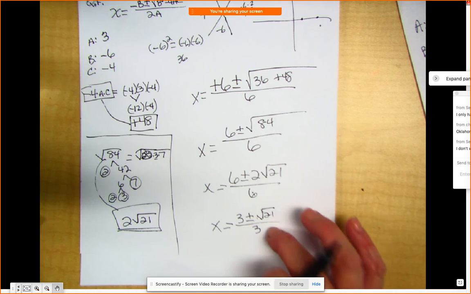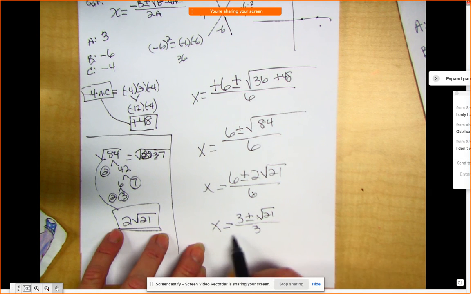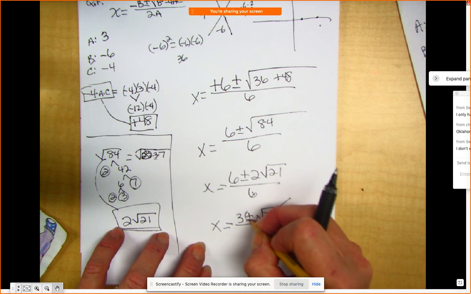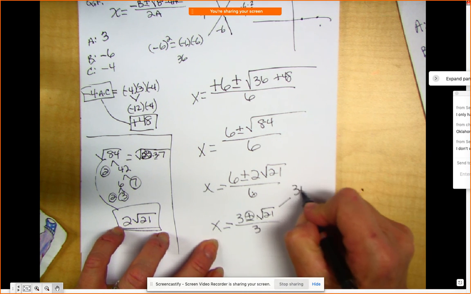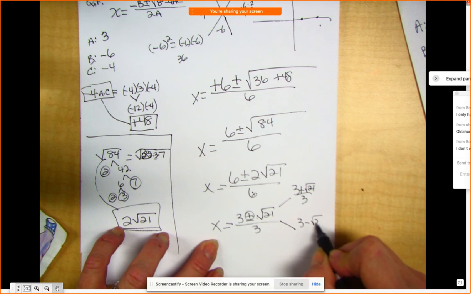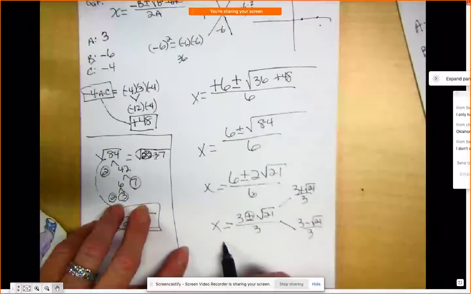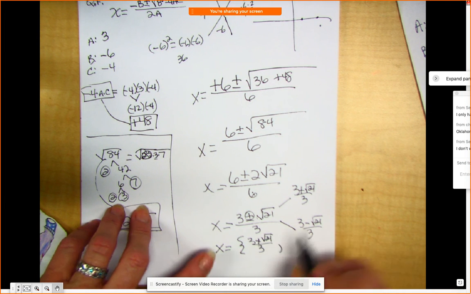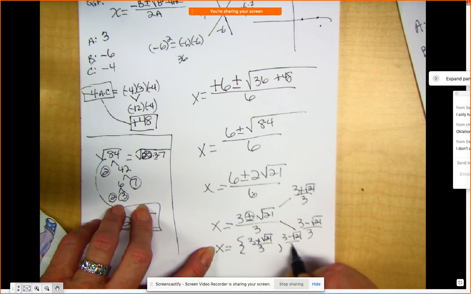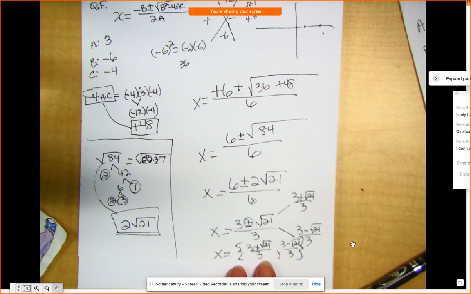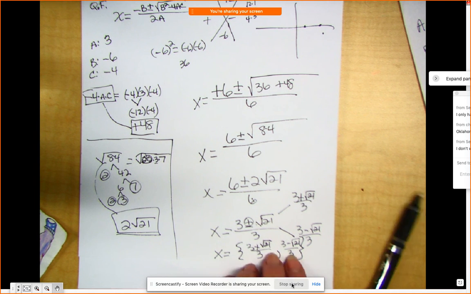But here's how you would write your two answers. Sometimes they write it like that, but they could also write it like this. Well, remember, one of our answers says use the plus, use the positive. So I'm going to write 3 plus square root 21 over 3. And the other answer would be 3 minus the square root of 21 over 3. I have no idea what that equals, but they could write it like that. And I have a feeling that's how they write it today. That's one answer, and then they'll put a comma, 3 minus square root 21 over 3. Those are my two zeros. I can guesstimate what it is, and then I could probably figure out my graph. But you know what? It wasn't factorable, and who would think that I could ever get that with